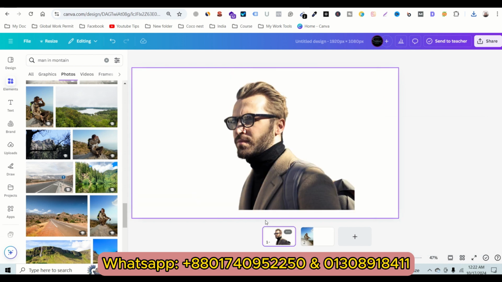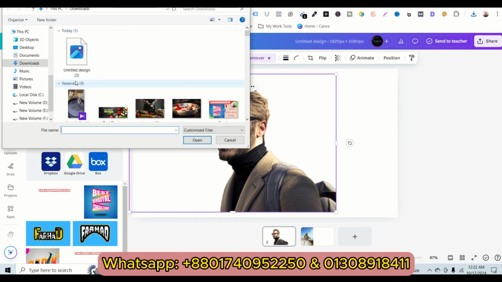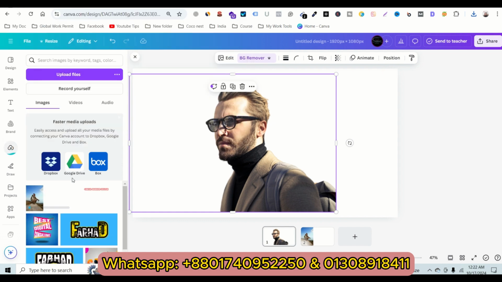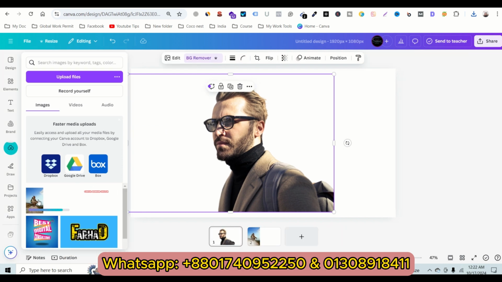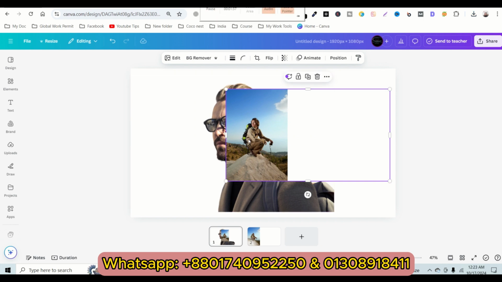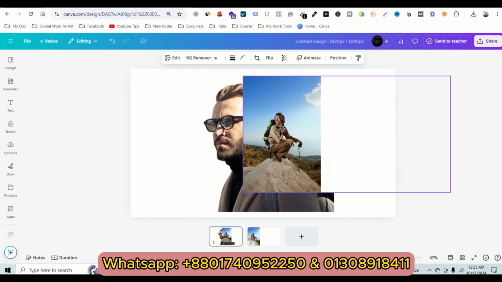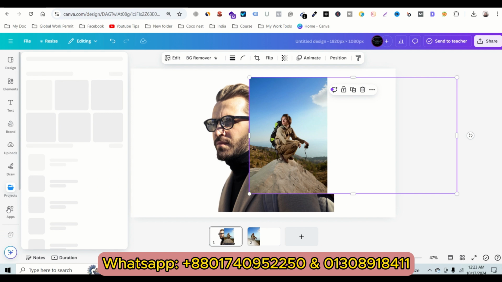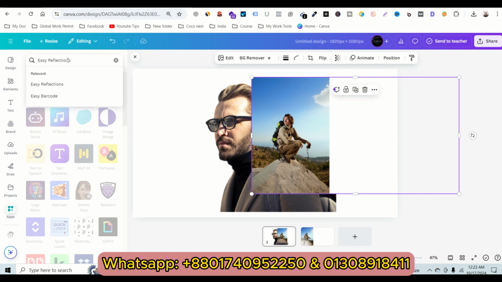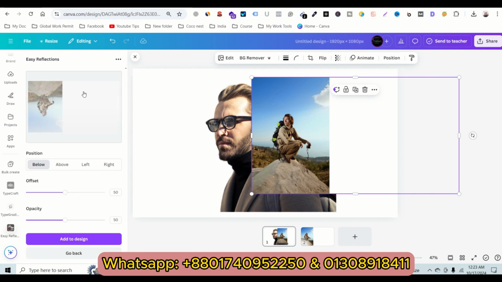Now we need to go for the first one, pick, and then we upload the file. Here you can upload, and here the picture. Now we need to drag some part, just some big, and then we need to go on Apps and Easy Reflections, enter, and this Easy Reflection, and create reflection, and you need to select the image, and then we